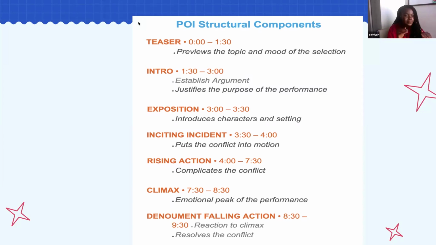Now, the reason why it's spaced out the way it is and we have a good minute at the end is because, like I said, one of the most important parts of any performance, period, and I think has lost its touch in interp, is silence. Silence is so important in almost any performance. We as the audience, because think about this, for 10 minutes, you are going to be spitting information at us. You're going to be crying. You're going to be going through so much emotion that it is so important for you to just give your audience time to be like,